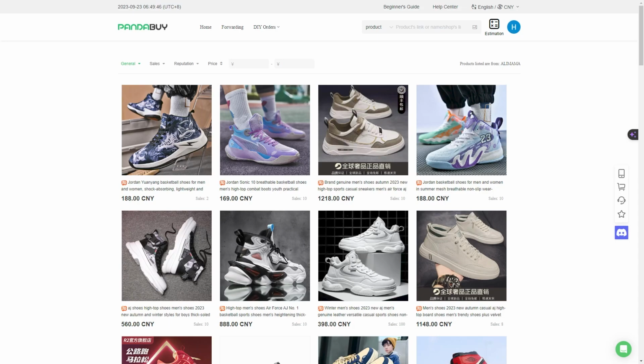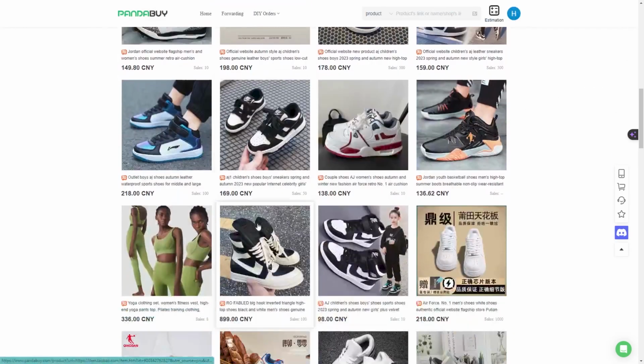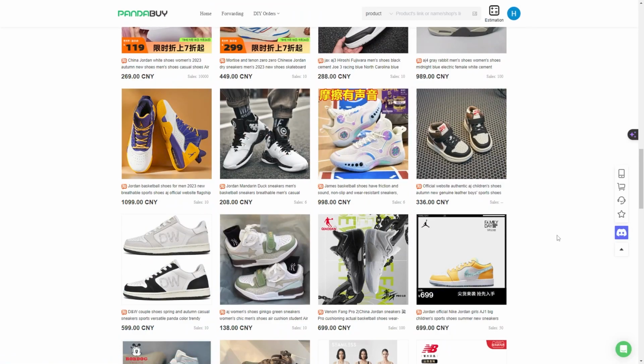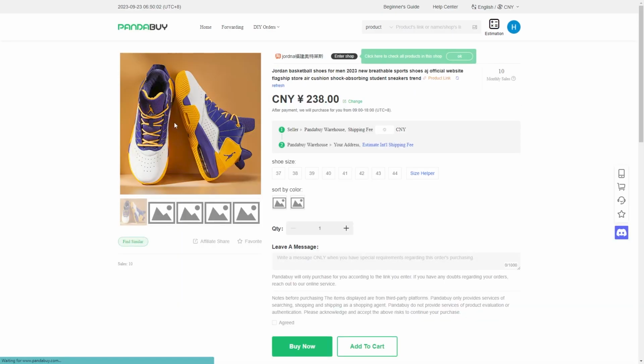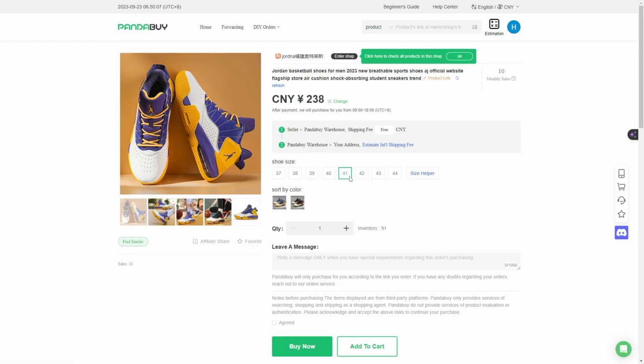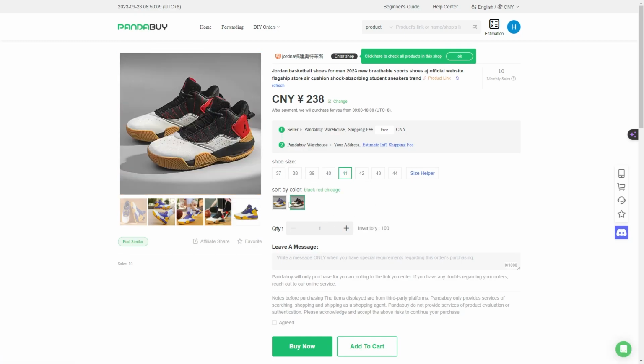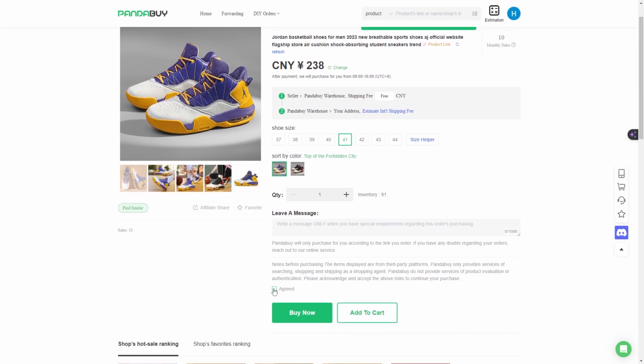So the first thing that you need to do is log into your Pandabuy for you to be able to see all of the different sales. So go ahead and choose something that you want to acquire. Say for example we have this one right here, and then what you want to do is go ahead and choose the size that you want, the color that you want as well, and then the next thing is to go ahead and click on this agreed right here,